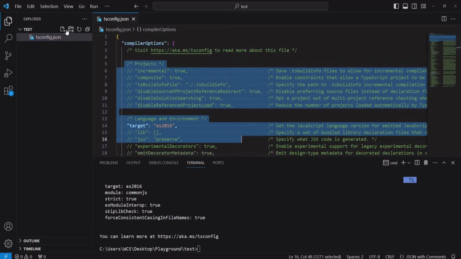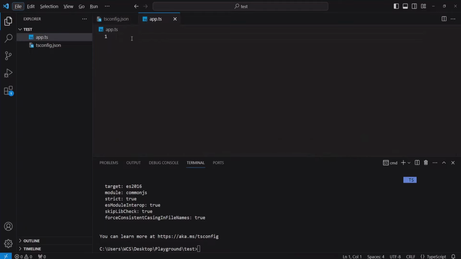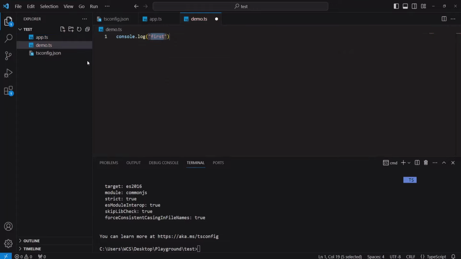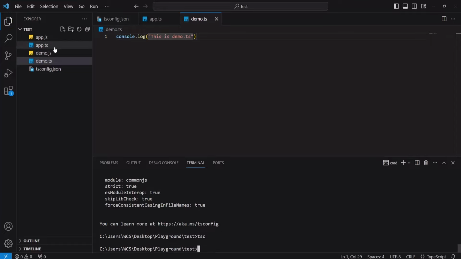Now let's first add a ts file here, app.ts. Now let's write some code here, some console log. Suppose this is a .ts file. Let's save it and let's create another file. Let's call it demo.ts, and let's add also a console log here. So this is demo.ts. Now if we save this and run the tsc command in the terminal, you will see